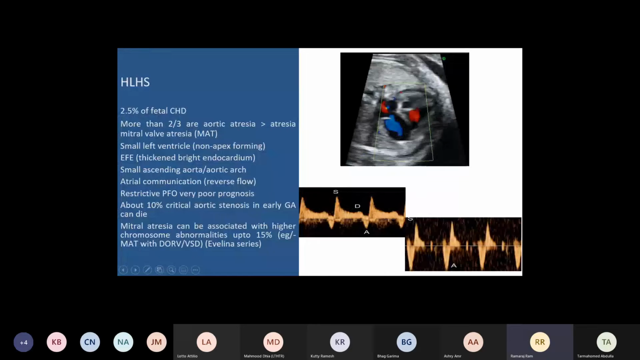Yeah, next one, please. So it is about 2 to 3% of your complete fetal cardiac series, and we know about hypoplastic left heart, and as I said, the majority of them are due to aortic atresia, and about 5 to 6% of them are due to mitral atresia in this case. So assessment, once you've done the